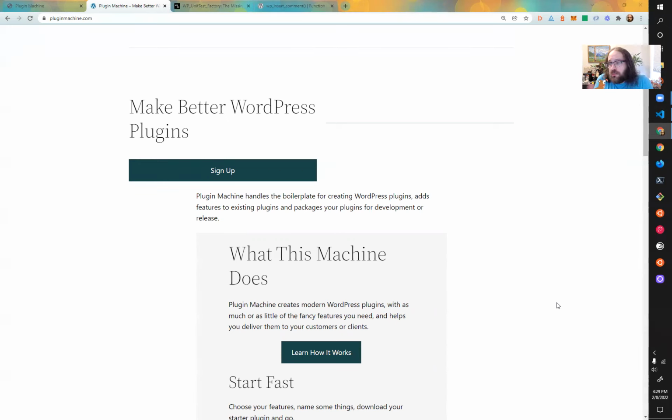This is another thing the plugin machine can scaffold for you to run locally and in CI. These are tests that run in a special Docker container and do use WordPress and MySQL, sorry, along with phpunit to test. So that way, like in a past video, I showed developing a